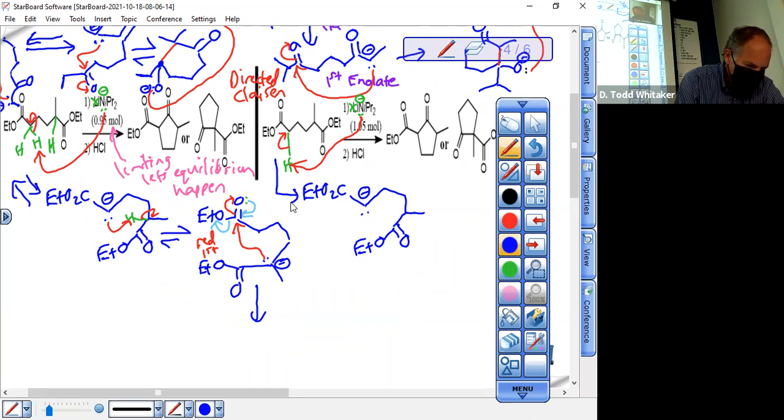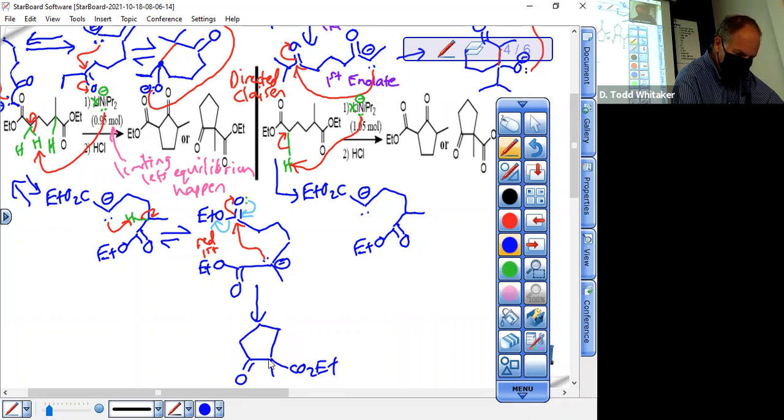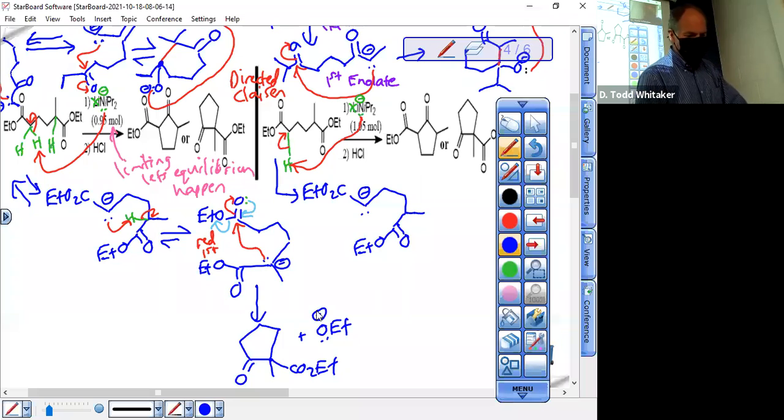I like it better. You make what looks like the final product and you say you're done. No, don't do that. You think you're done because you actually have drawn the product that's right up above it. You're not done because you also made this. Oh, you are done. OET minus. You are done, because normally OET minus would grab an alpha H from this position